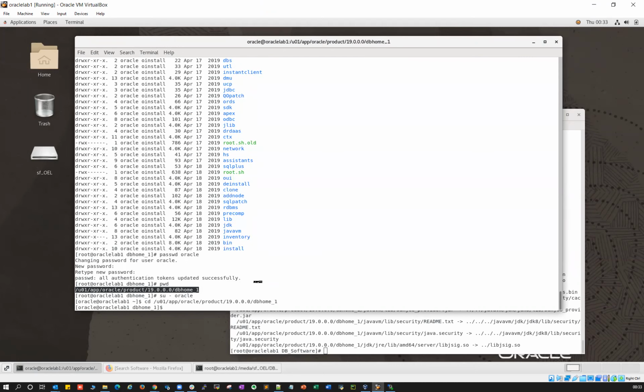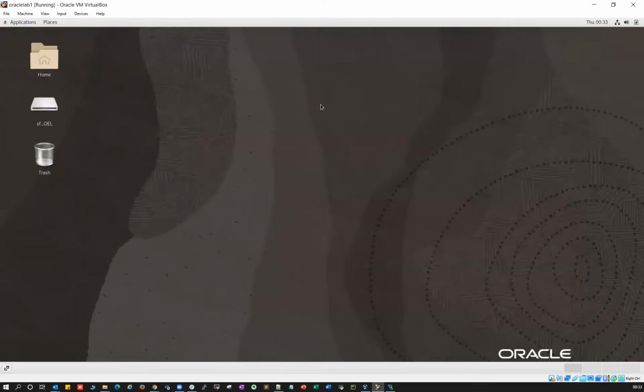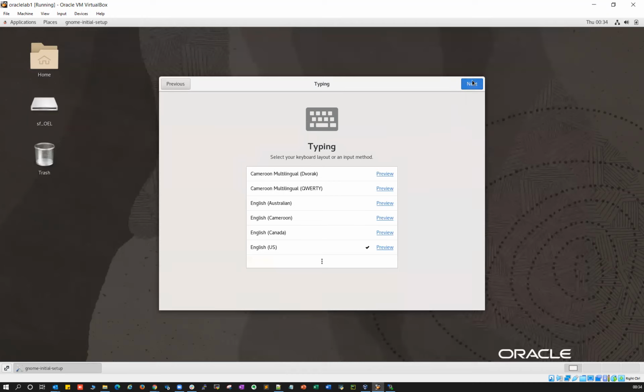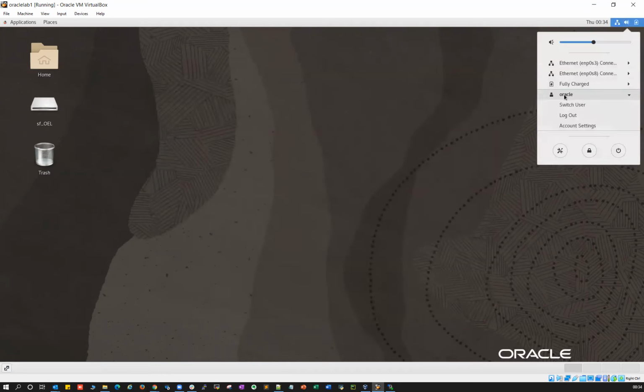For that, go here, click on root, and log out or switch user. I do log out, and it will be logged out here, and then it will ask you to log in with the Oracle user. You can see this Oracle user; click on it and log in with the password you set. Once you log in with the Oracle user and run that run installer, it will launch the screen now. The first time you log in, you will see this display screen. Go next, and then finish it. That's just a display screen. Now you can click here and see that you are logged in as the Oracle user.